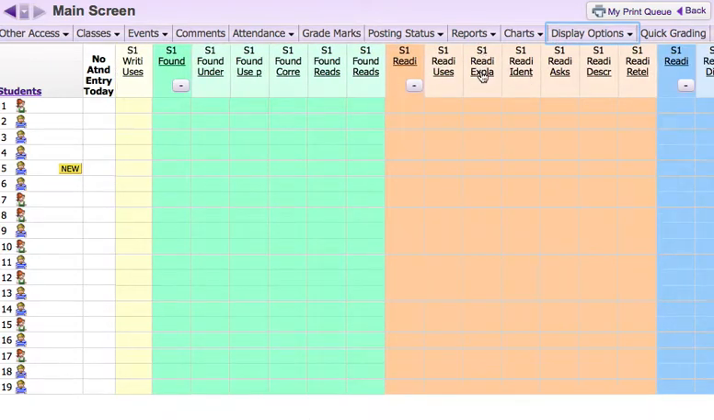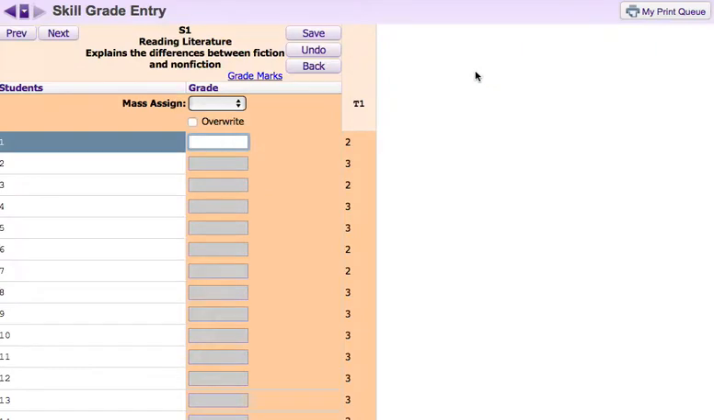And if I click on S1, and here we have explains the difference between fiction and nonfiction, I can put this grade in here. I can see what the term grade was. And you only have to put in a grade for students that you choose to reassess. So if we put a 3 into this column and we save it,